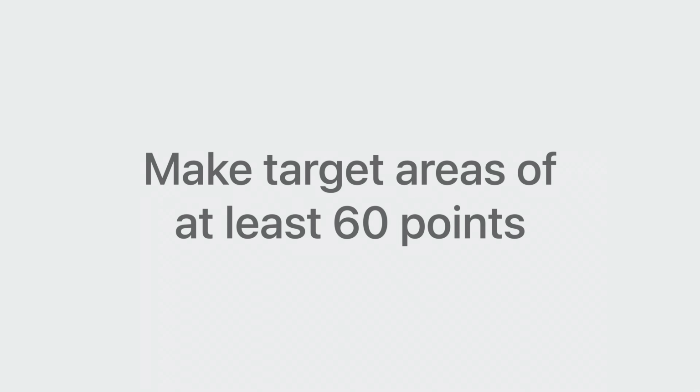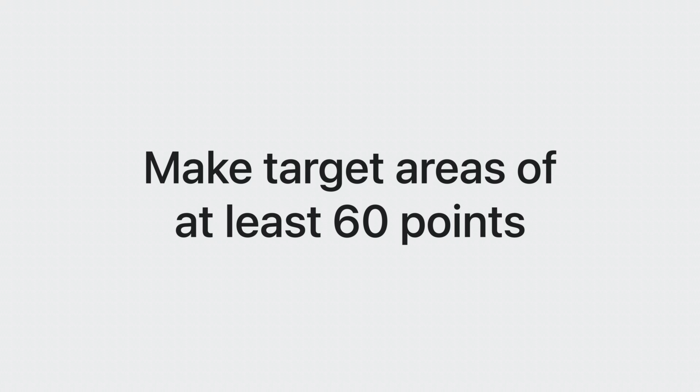Again, it's very important to respect the minimum target area of 60 points, combining size and spacing to make your UI look great and easy to use with your eyes. Out of the box, standard components have sizes that are easy to target. Use these components as much as you can. And if you use your own, make sure to follow our guidelines on sizing. To learn more about points and layouts, check out the session Designed for Spatial User Interfaces.